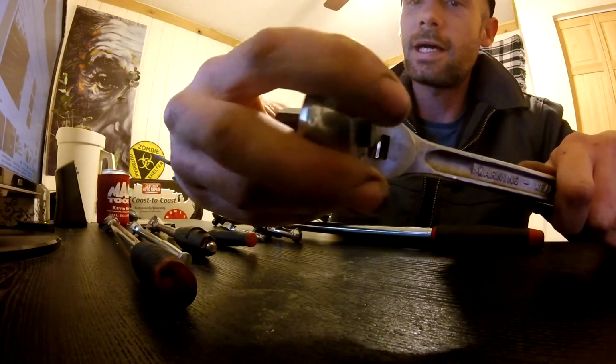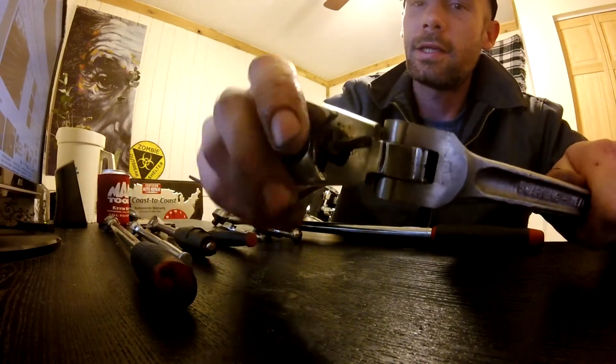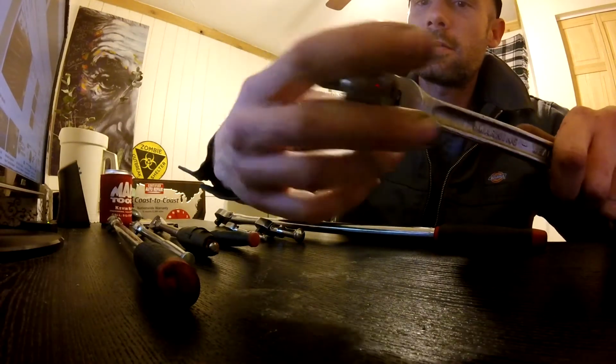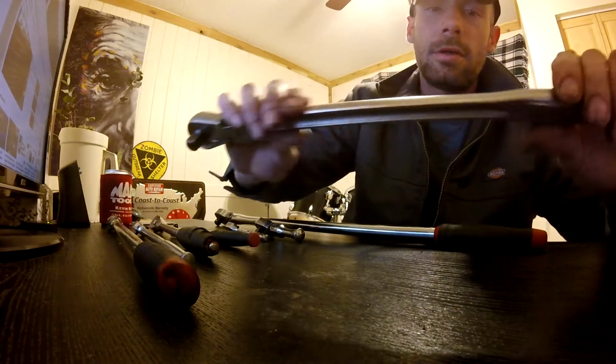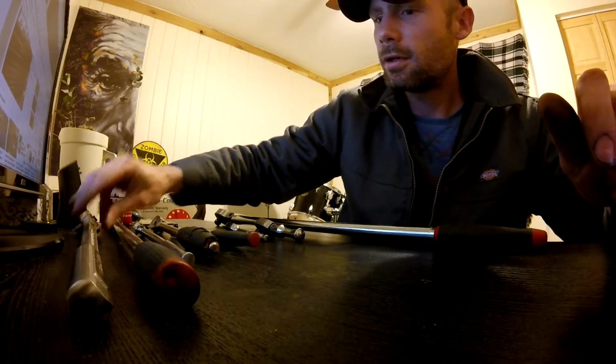I guess you could say 5. But the actual positions, you really only have 3. And then you have boom, and then boom, where it's just kind of floppy in there. So I don't know. But anyways, so Mac Tools, getting to the point of the video, Mac Tools finally came